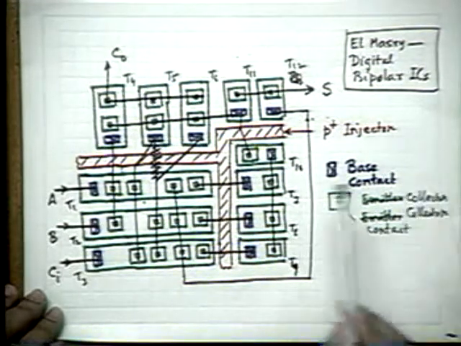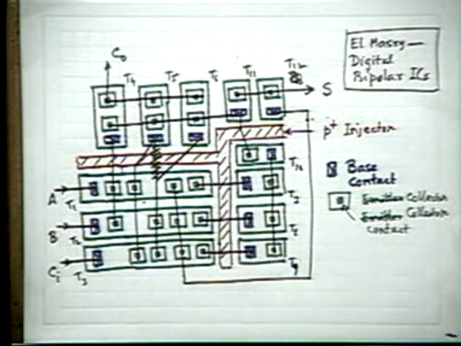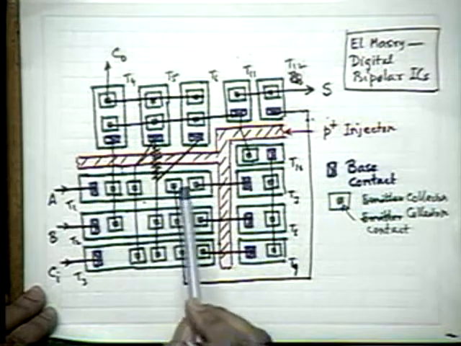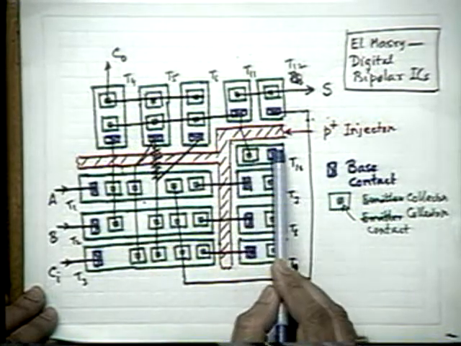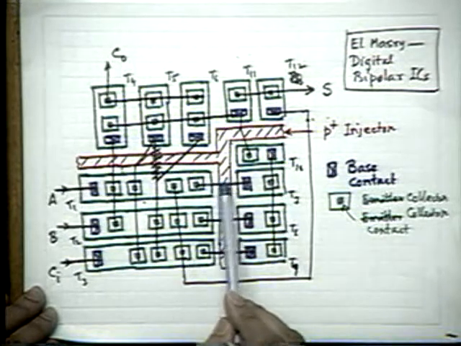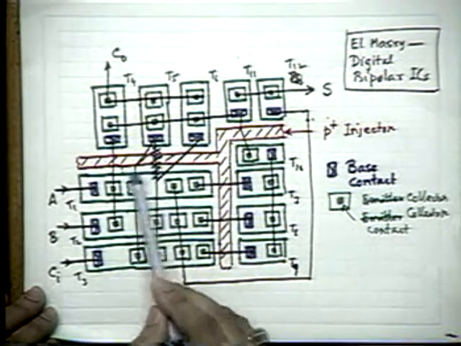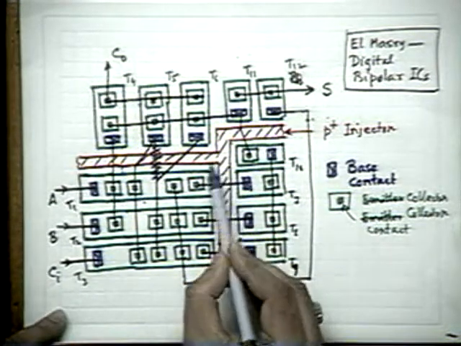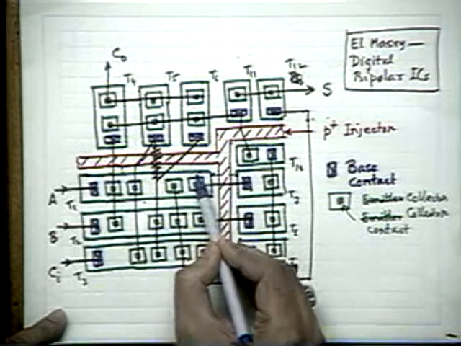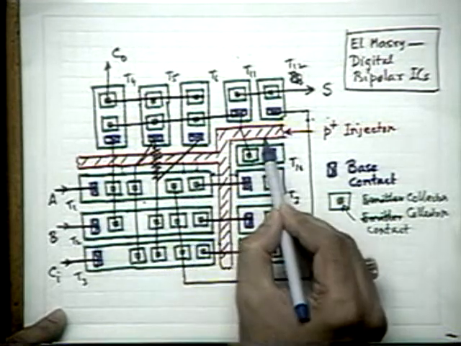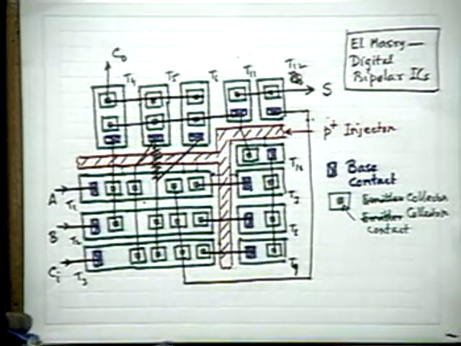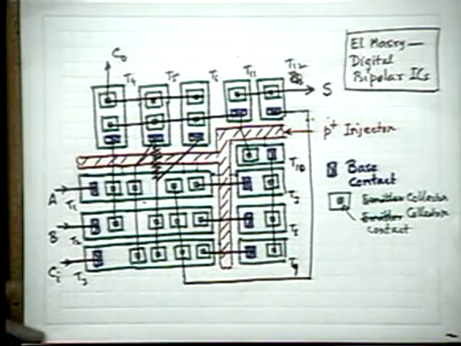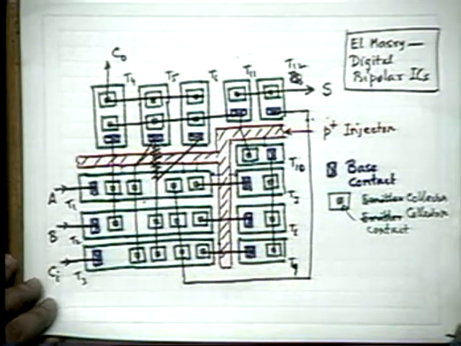Another thing is this distance, I have made a distribution of the injector well like this, but this transistor and this transistor are getting injection not only from the sides, but also from the broad side. With the narrow side, holes are being injected in this direction, but also in this direction. For transistors T1 and T10, there is lateral injection from the sides.